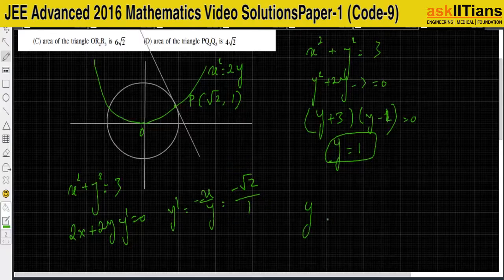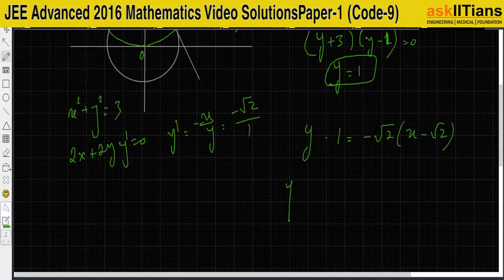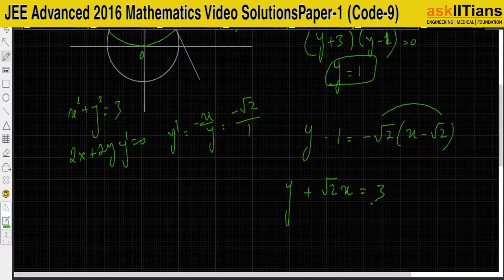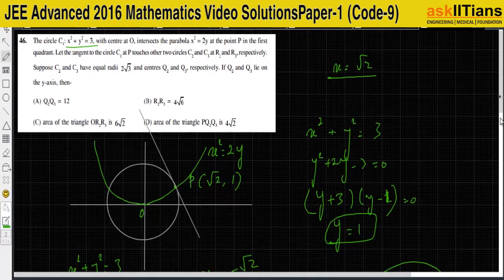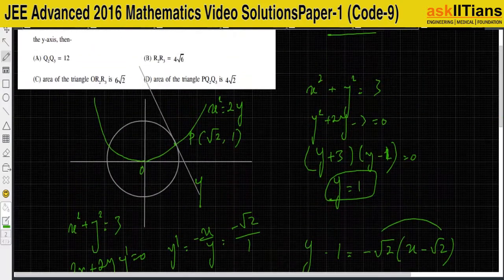So equation of tangent will be y minus y1 equal to minus root 2 into x minus x1. It will be something like this. So y plus root 2 x is equal to, minus minus plus, so plus 2 plus 1, this will be equal to 3. This is the equation of tangent, so this line is y plus root 2 x is equal to 3, and now